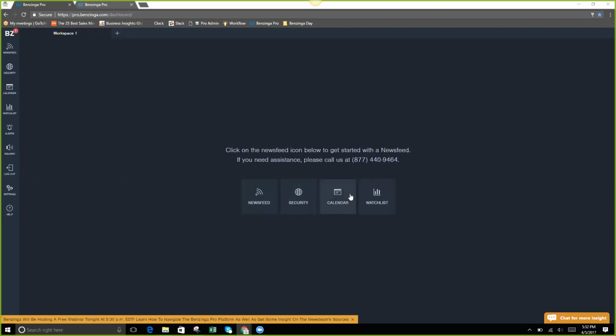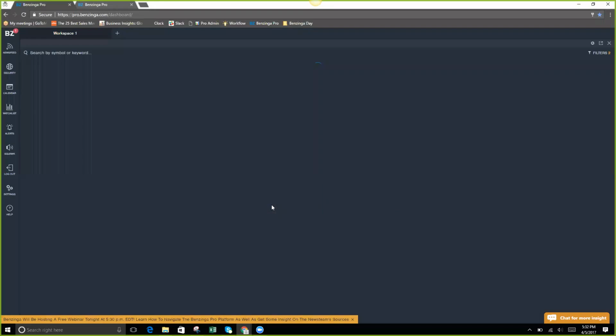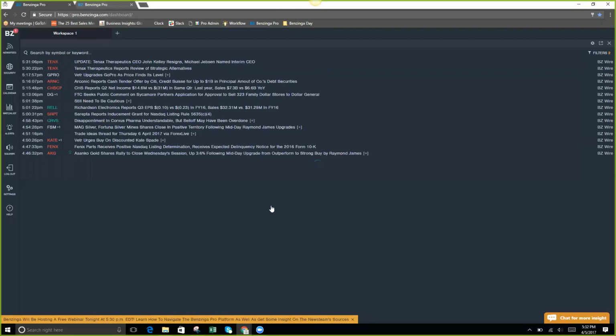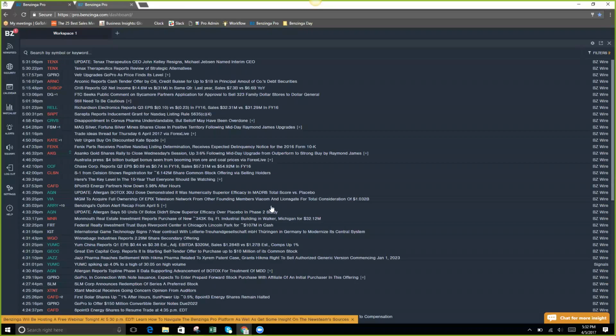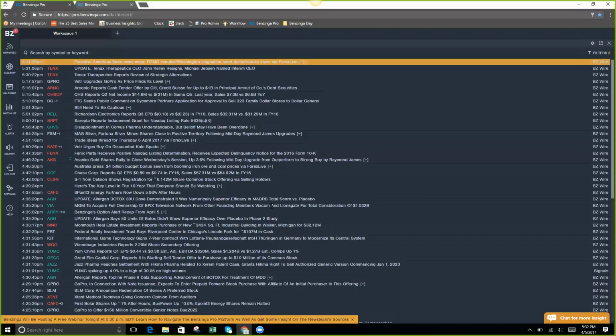And these are some of the key features of the platform right here. What we're going to do is go through the Newsfeed first. And like I said, Brent is going to be taking a deeper dive into each of these different features. I'm just going to show you some of the ways to get to these features and what he's going to be taking a deeper dive into. So you see here this